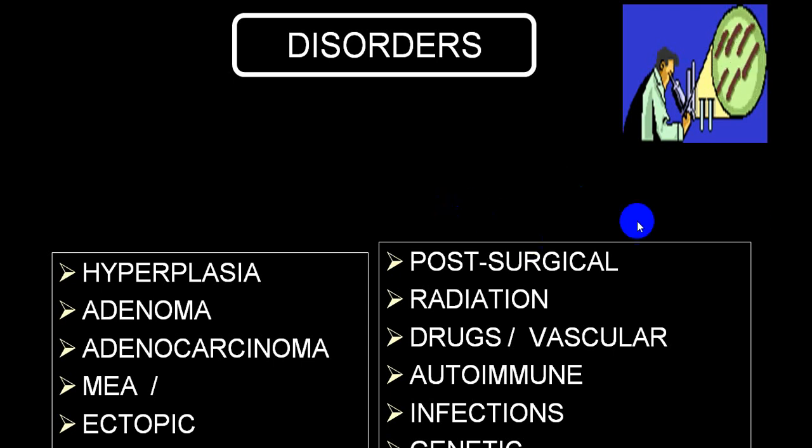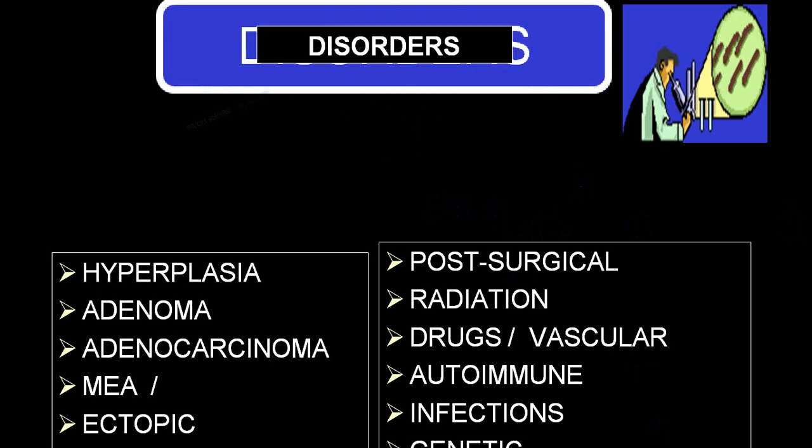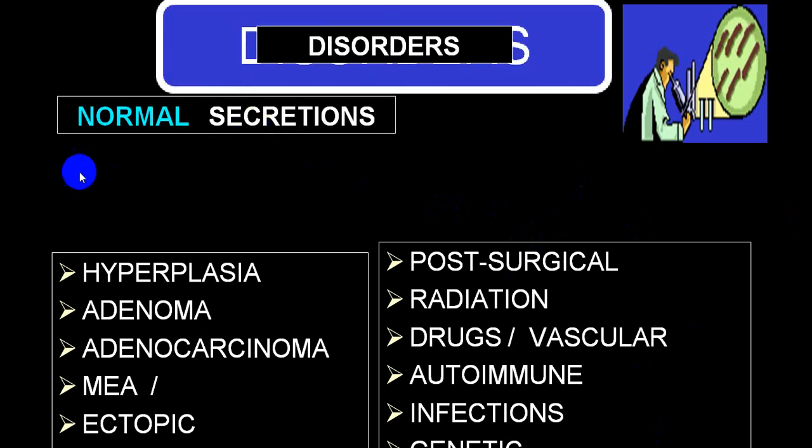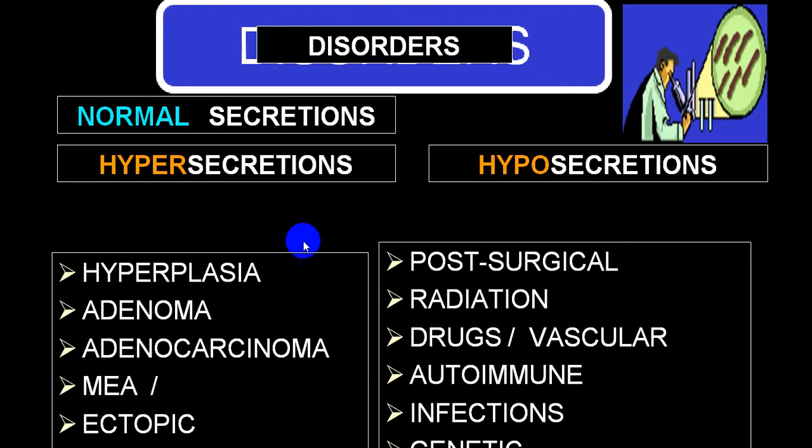Hence, pituitary disorders are divided into two big groups. One we call normal secretion and the second abnormal secretion. Abnormal secretion can be hypersecretion or hyposecretion. Hypersecretions are usually because of an increase in the secreting gland number or size, like hyperplasia, or secreting gland tumors, adenoma,